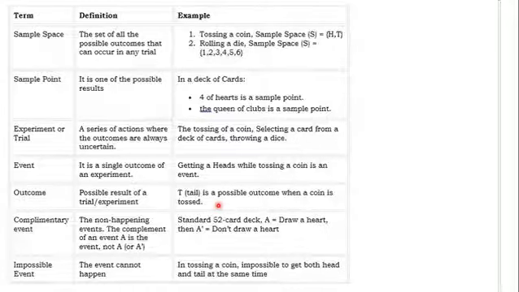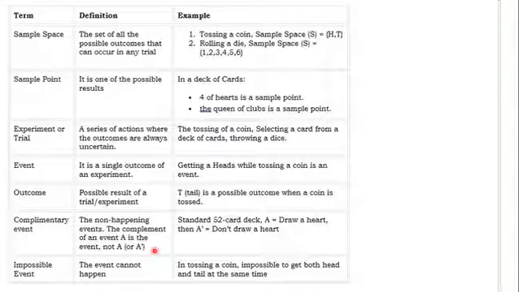And then you also have complementary events. That is the non-happening events. That is, the complement of an event A is the event not A, or A prime, just like you have in your set theory, if you remember very well. A prime will be all events that are not in A but are in the universal set.